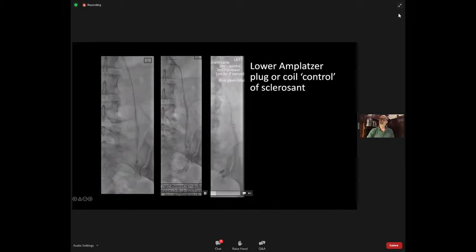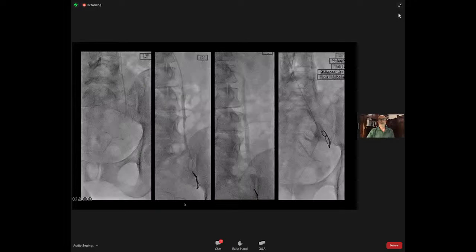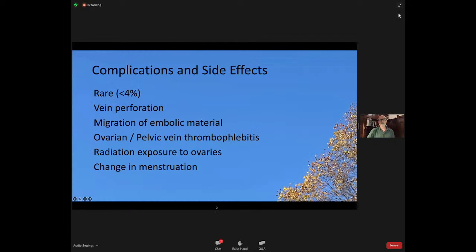And as you can see, I'm laying out the sodium tetradecyl in this left ovarian vein, and it's filling the vein very nicely. It's staying where it is because of our coil assisted protection here, and it's not flowing out the top of the ovarian vein. And another example of coil assisted protected sclerotherapy of that ovarian vein. So we're trying to avoid flooding that pelvic venous plexus.